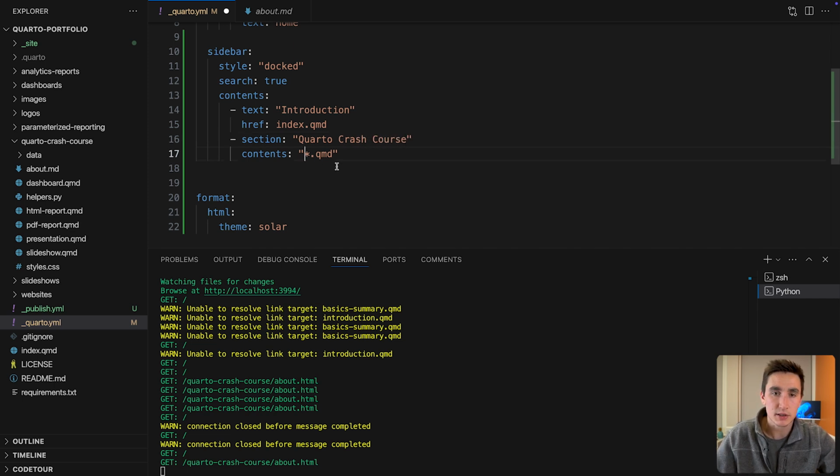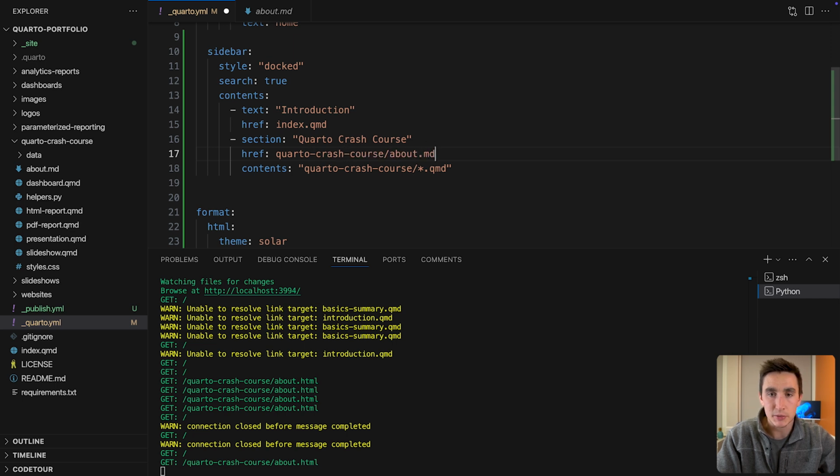The contents will be everything in the Quarto Crash Course directory, and then QMD files there. And the section will also point you specifically to the Quarto Crash Course /about.md file. So now if I run this,